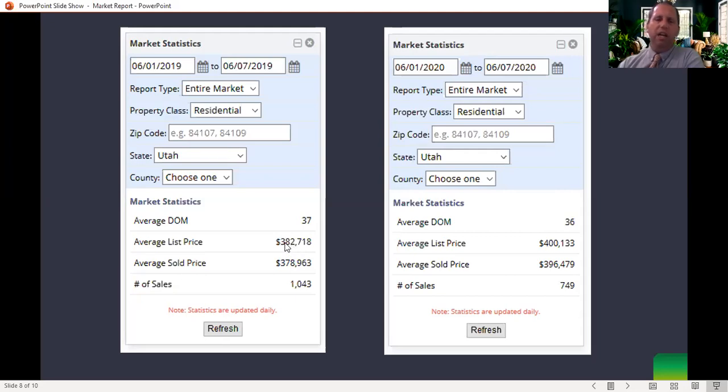Now, again, I want to point out that we really want to take a look at least 3 to 6 months to get an average for how much it goes up and down. Some numbers could change from one week to the next depending on how many more condos sell versus single family homes, new construction, things like that. That'll always throw this off a little bit, but I just want to throw this up there